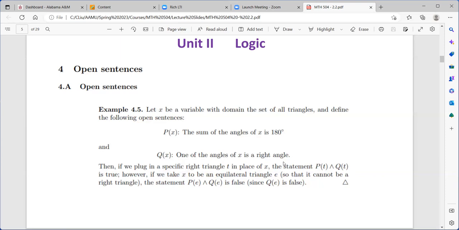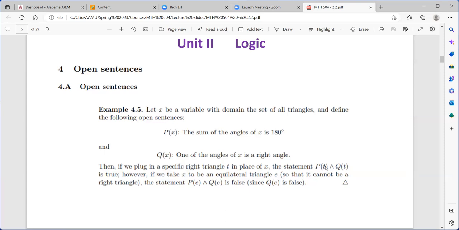Since you specify this T, a right triangle from the set of all triangles, if T is a specific right triangle, you plug in, then both P and Q become statements. Okay, and both are true because